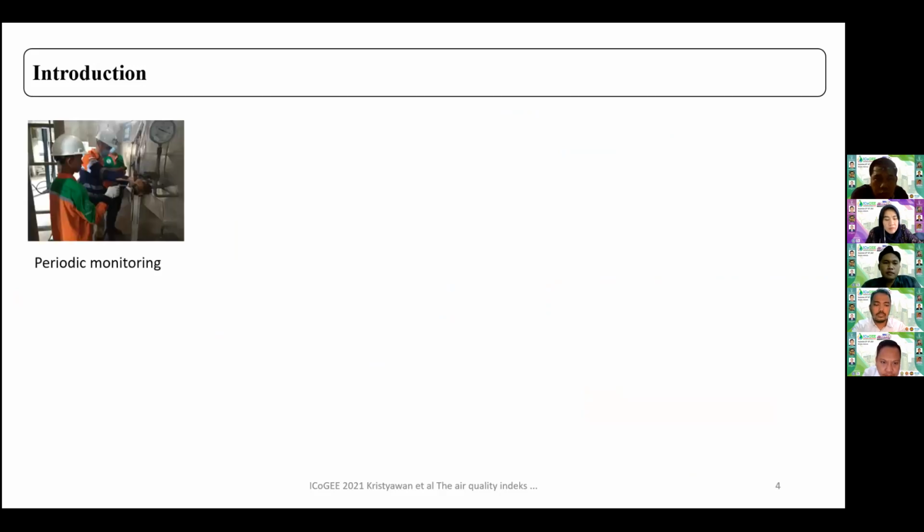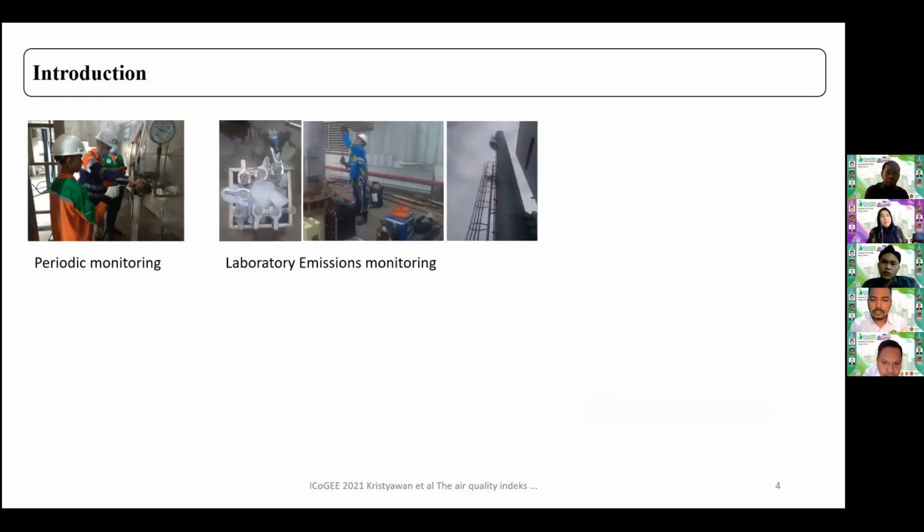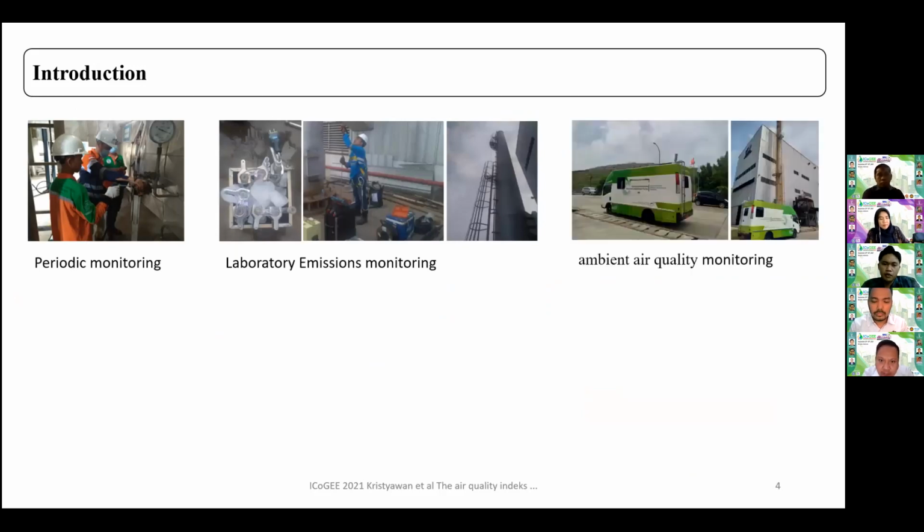For the air pollution control system, we measure it periodically using our gas analyzer, and also we do the monitoring by other laboratory monitoring sessions. And of course, we also measure the ambient air quality using our mobile lab monitoring. But the problem with the monitoring that is already done is that it doesn't show whether it is harmful or not to human health. So we need to know that the